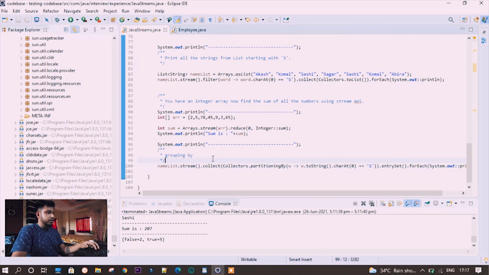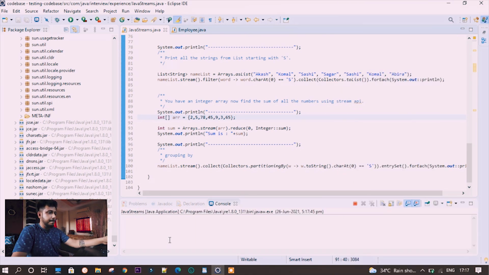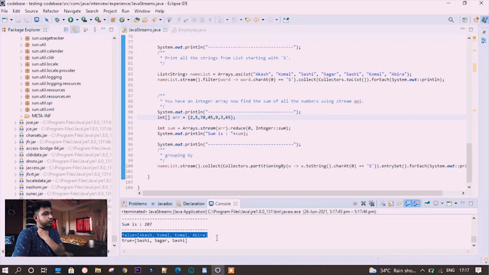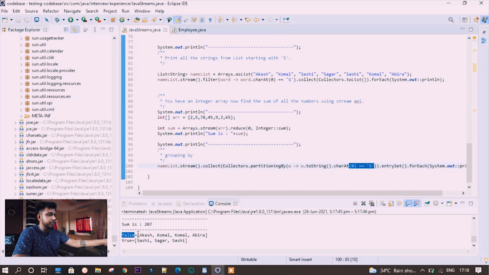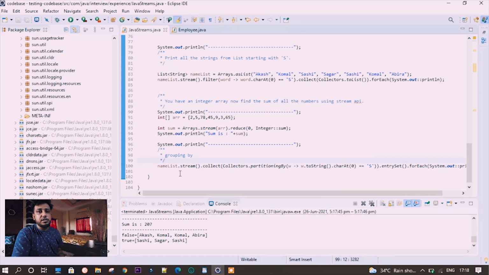Okay, let's find out what is the result. You can see that this returns two things. One is false, which is for the condition we have written. In false we can see Akash, Komal, as Komal is twice there, and Abira, and true is Shashi, Sagar, Shashi. So the condition is satisfied.